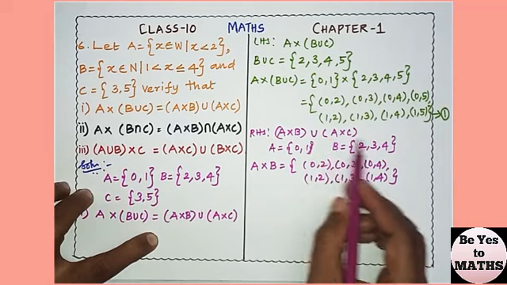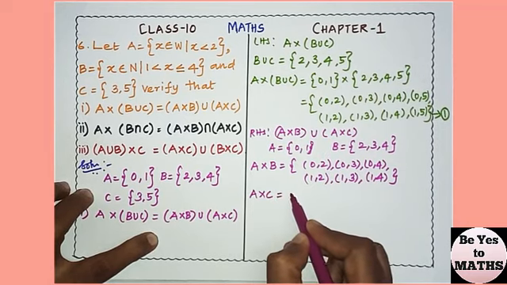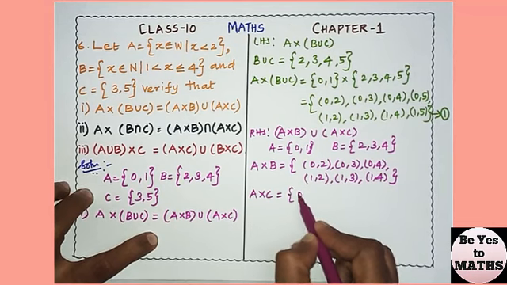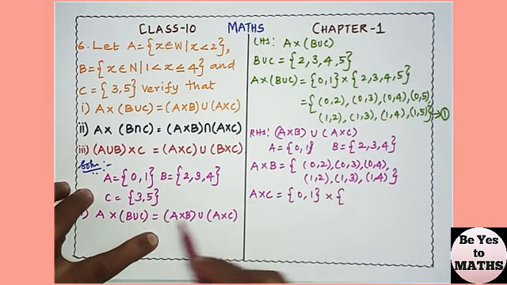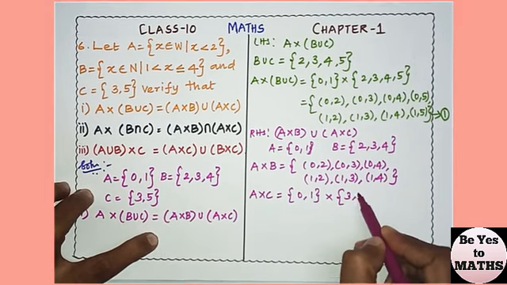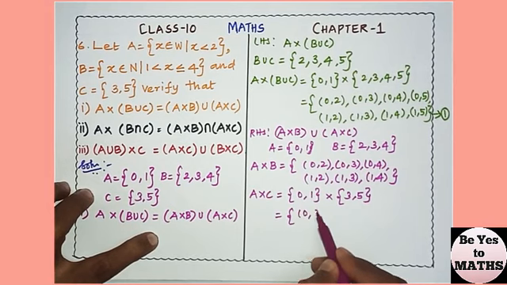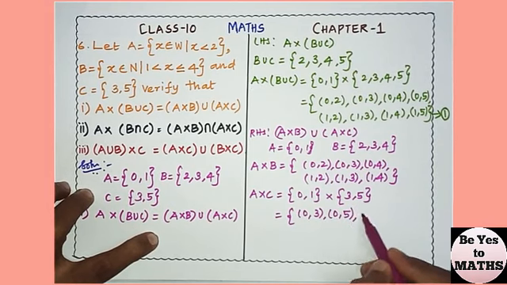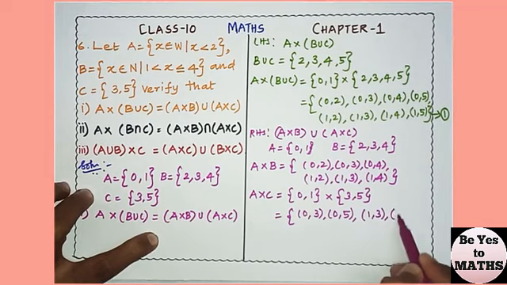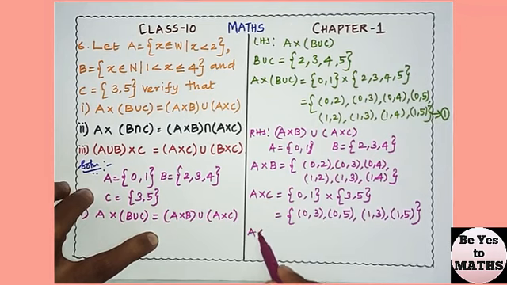Now we will find A cross C. A set is {0,1}, cross C set is {3,5}. So (0,3), (0,5). Similarly using 1: (1,3), (1,5). Now A cross B